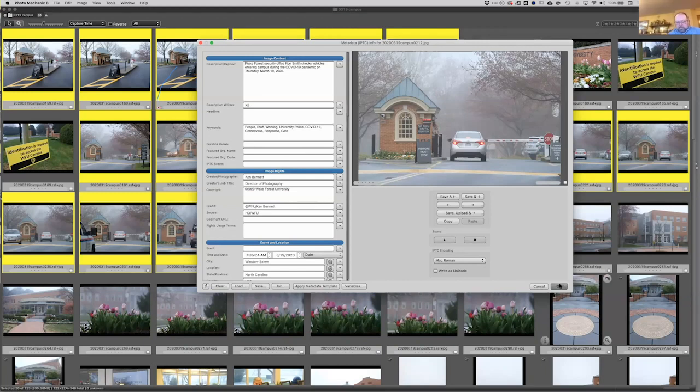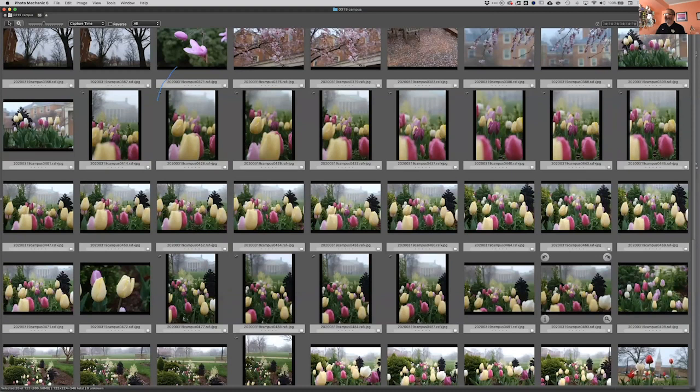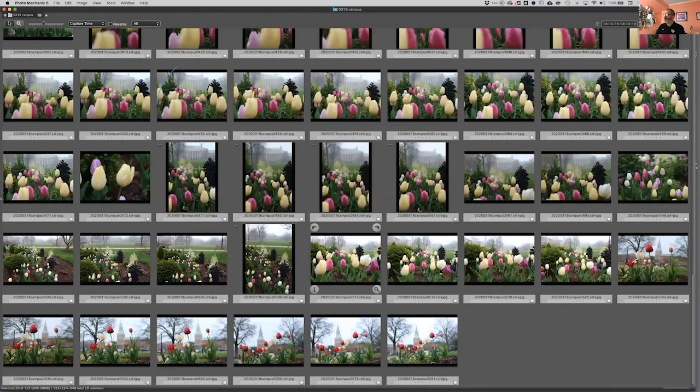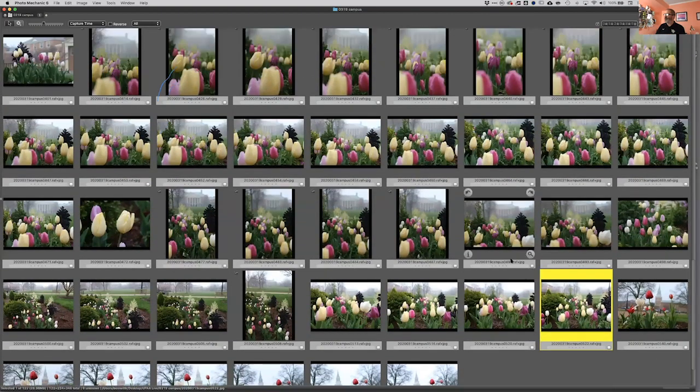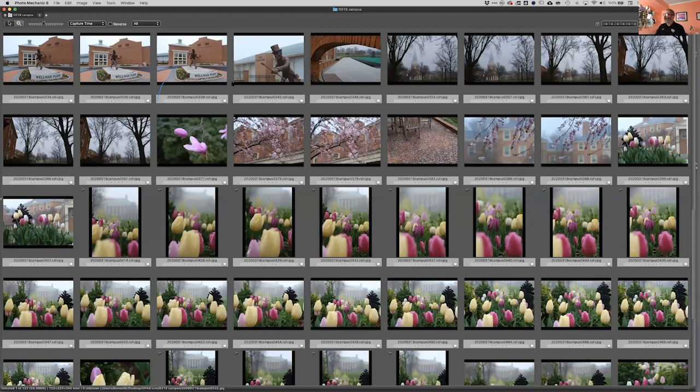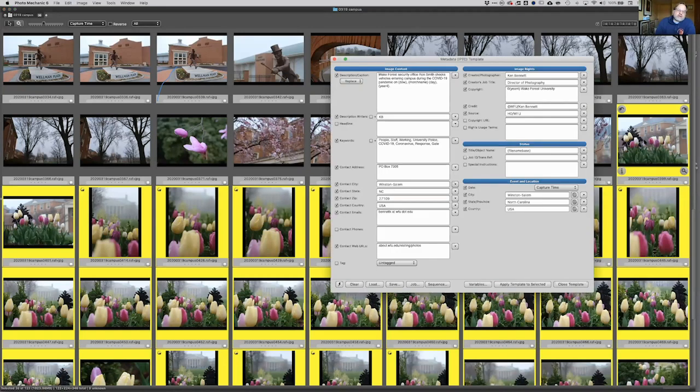I can do the same thing. Let's go grab all these tulip photos. Let's grab these and select them. Ken, while you're doing that,